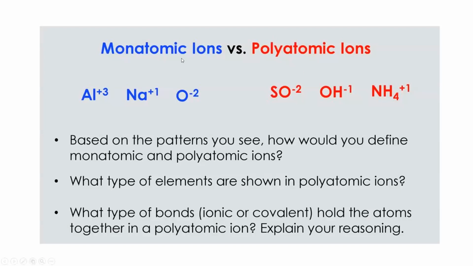But with those elements by themselves, those are monatomic ions because we just have that one thing with a charge. So an oxygen with a -2, sodium with a +1, aluminum with a +3. What we'll also see is polyatomic ions. And these are going to be similar in the fact that we'll still have a positive or negative charge. But rather than having that charge localized on a single atom, now it's going to be spread around a collection. So if you look at OH- here, so oxygen and a hydrogen with a -1 charge, that -1 charge is over this entire thing. And then similarly with ammonium, NH4+, we've got a nitrogen with 4 hydrogens on the outside, and then that entire